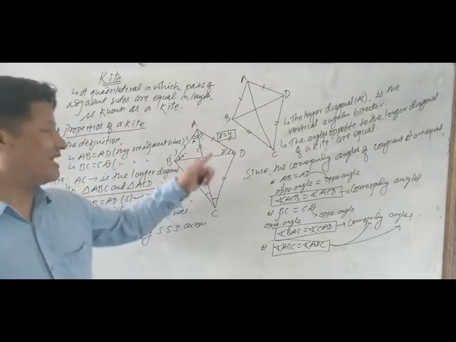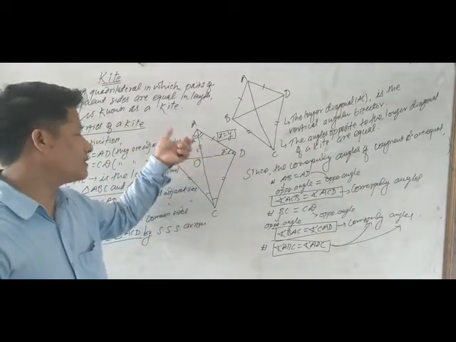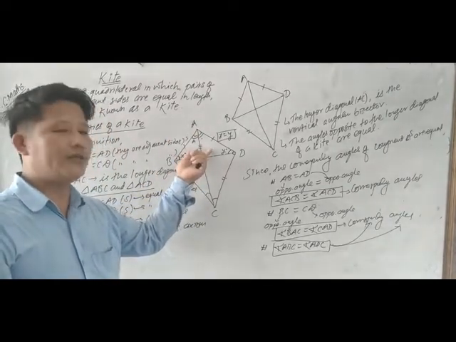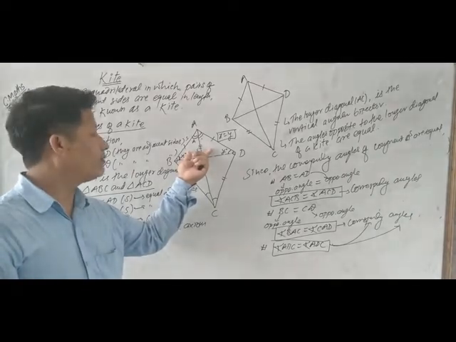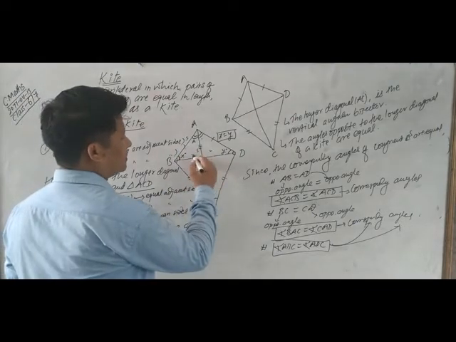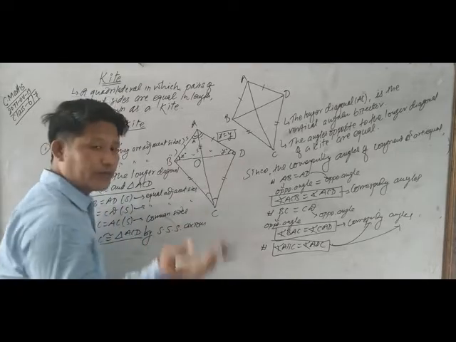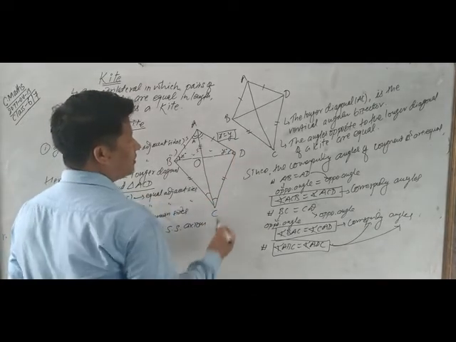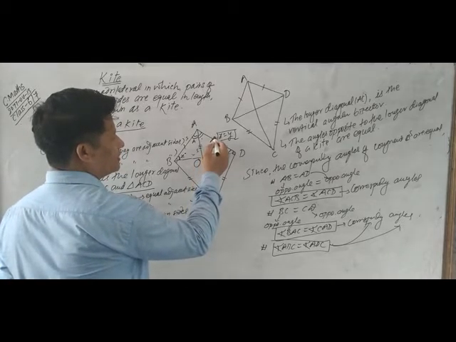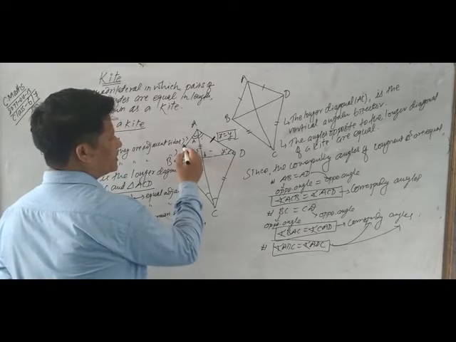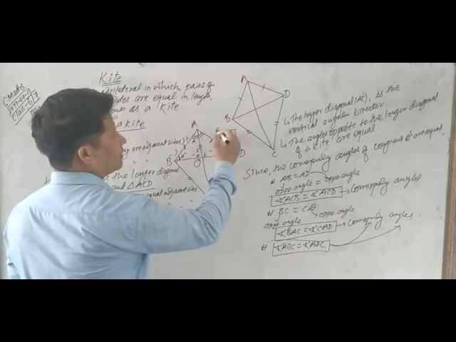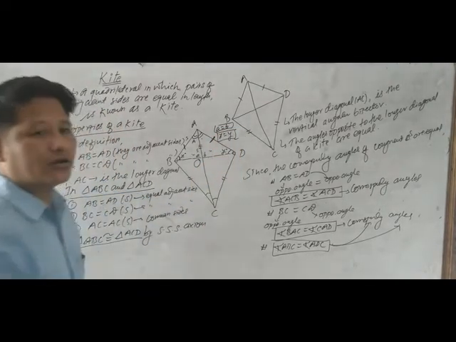These two angles are opposite to the same common side OA, which is on both triangles. We have already proved these two triangles are congruent by side angle side, so we can take these two angles as corresponding angles. That's why they are equal. Here also, the opposite angle of this side, let it be B, and the opposite angle of this side, it is A. So A equals B can be written because they are also corresponding angles.